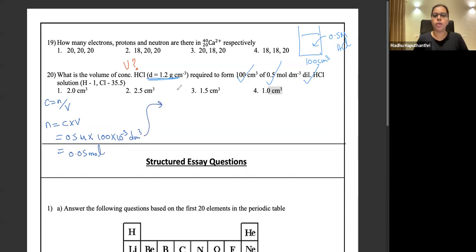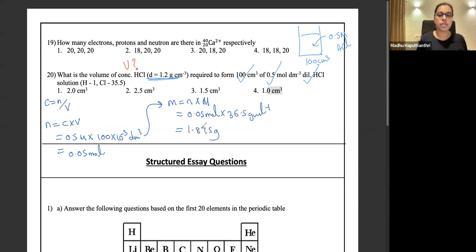Thereafter, I'm going to the mass of HCl because the original data is the density relating to the given solution. The information we have is the density. Density is mass over volume. So to step on to that, we will find the mass. If you know the number of moles of someone, finding the mass is nothing. So simple m is n times capital M, 0.05 moles. Molar mass of HCl is 36.5. When you simplify this, you will get 1.875 grams.